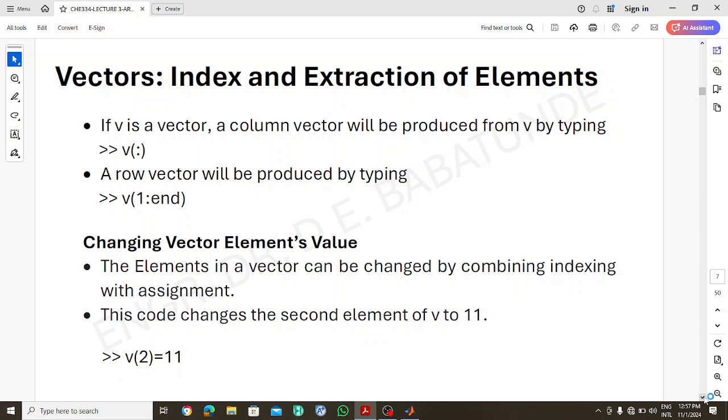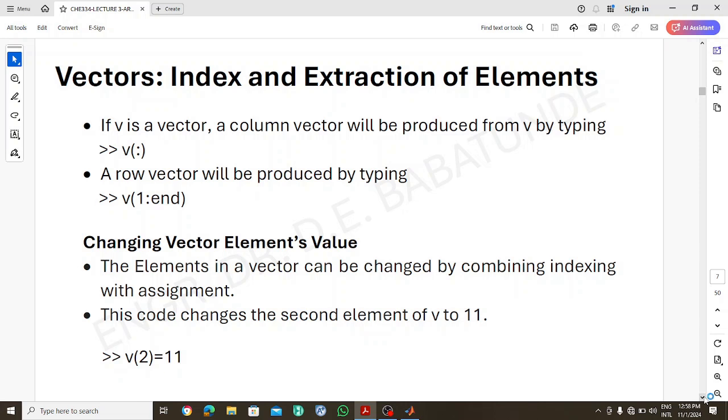So we use colon symbol just before to specify the range of the elements that we want to pick. So it was a continuous, consecutive element from this point to this point. Okay. So we could also use colon alone when working with a vector. So you specify the colon alone inside the parentheses. What it's going to do is extract all of the elements inside that variable and return it to you as a column